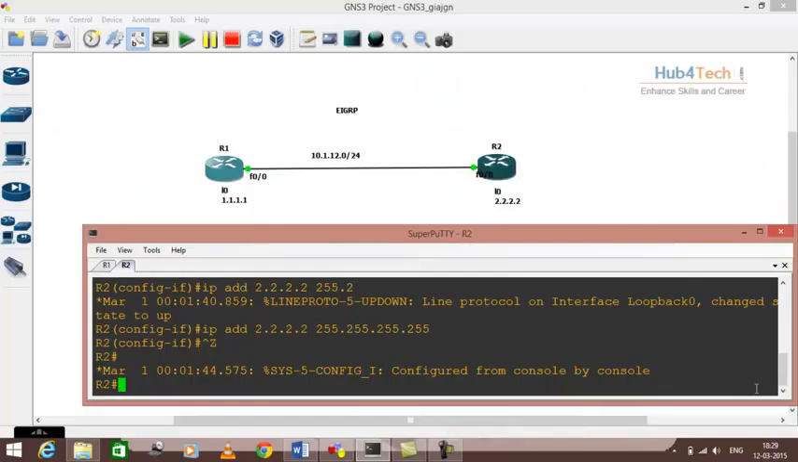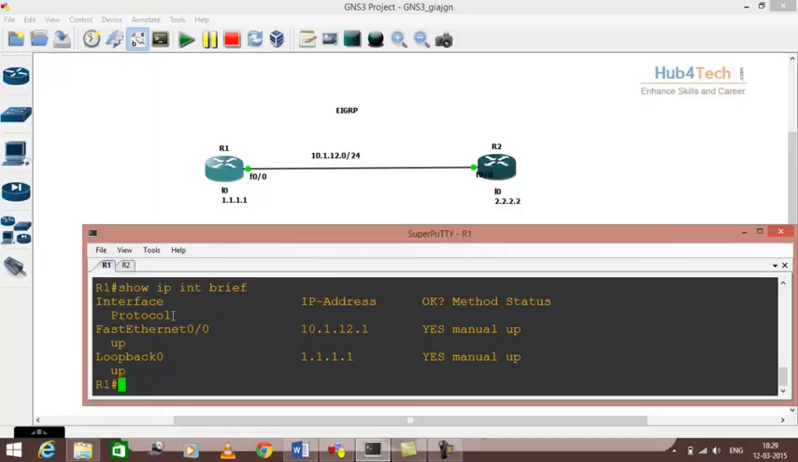Good morning, friends. In this class I'm going to configure EIGRP between two routers, router 1 and router 2. We have already assigned subnet 10.1.12.0 between router 1 and 2, and I have created loopback 0 on both the routers. The IP address of loopback 0 on R1 is 1.1.1.1, and on router 2 it is 2.2.2.2. You can check this with the command show IP interface brief